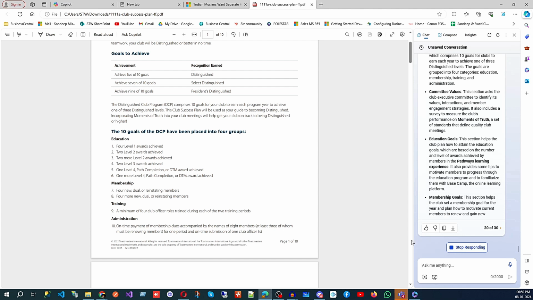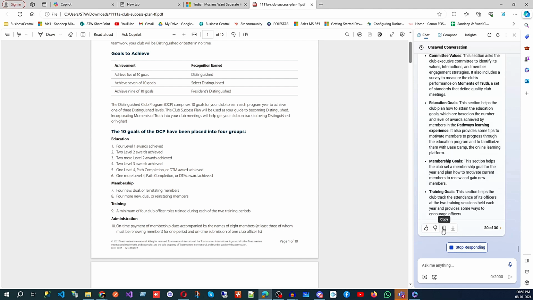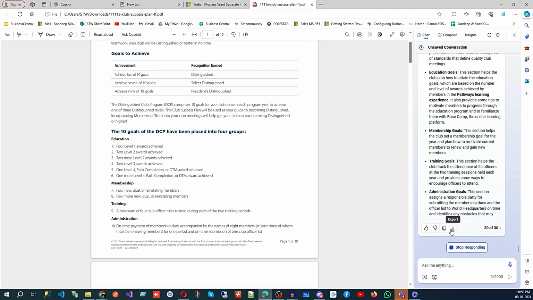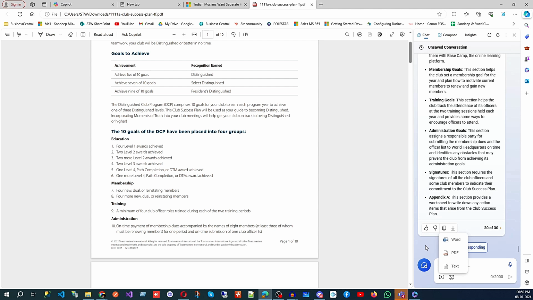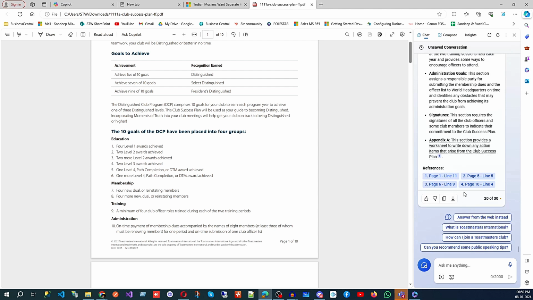And the good part is you can like, dislike, you can copy the output, and you can also export in a format of Word or PDF or text. So that's the good part. You can easily do from here. You can see some other questions it's suggesting me to ask. But if I want that,